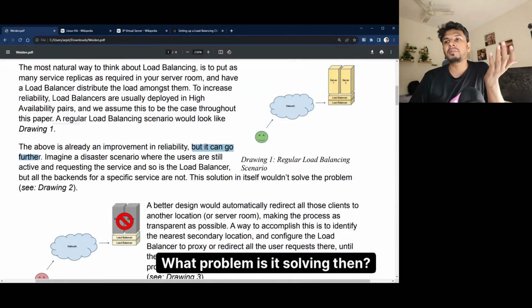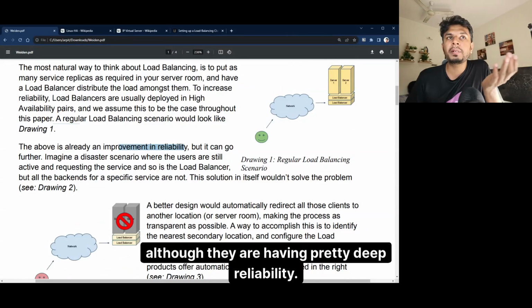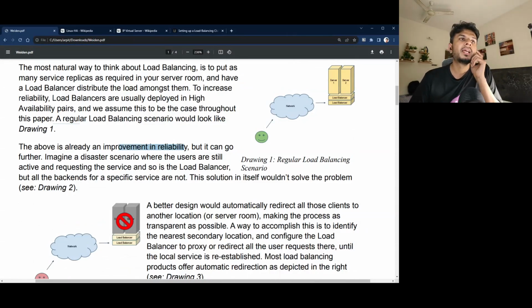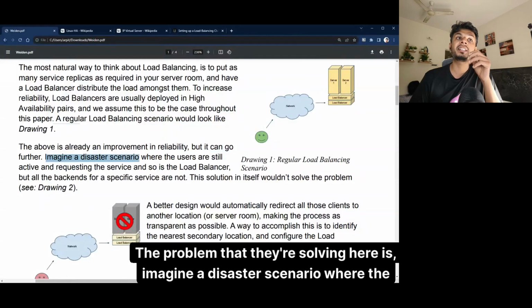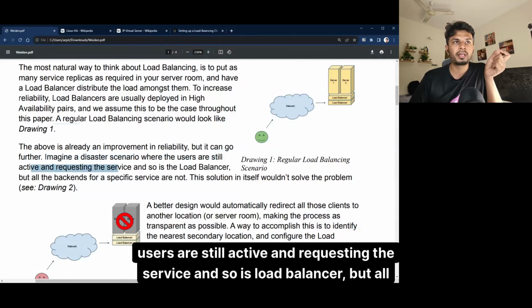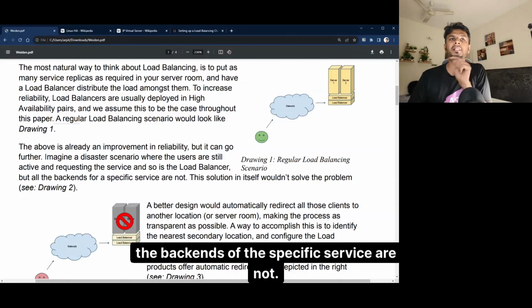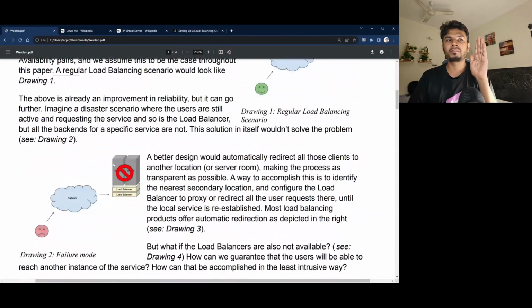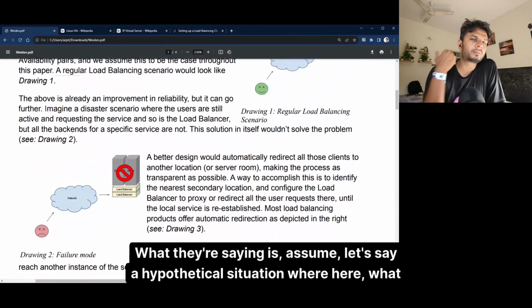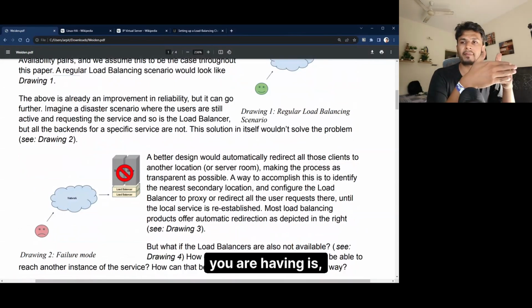What problem is it solving then? Although they are having pretty deep reliability, the problem that they're solving here is, imagine a disaster scenario where the users are still active and requesting the service, and so is the load balancer, but all the backends of the specific service are not. What they're saying is, assume a hypothetical situation where here what you're having